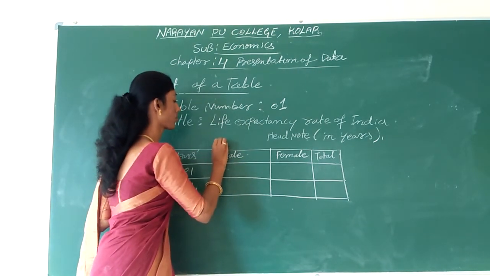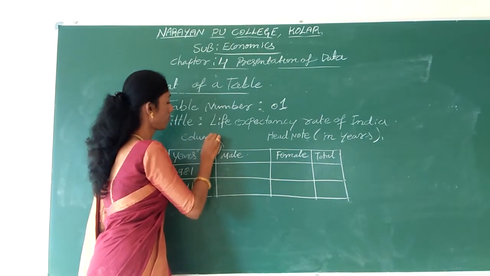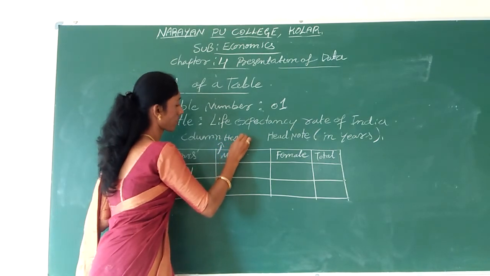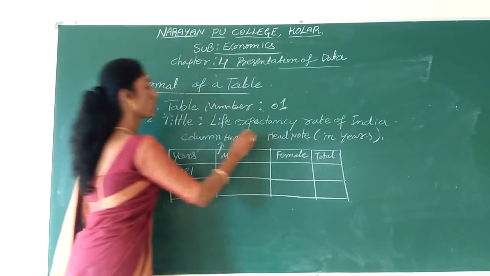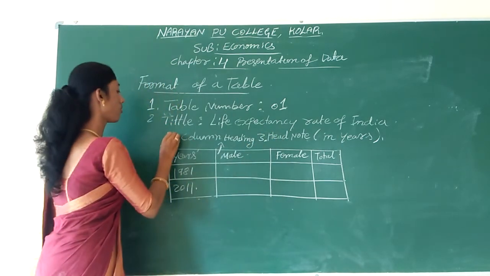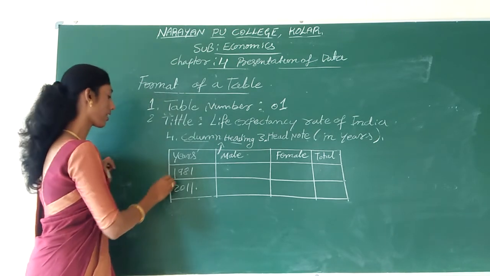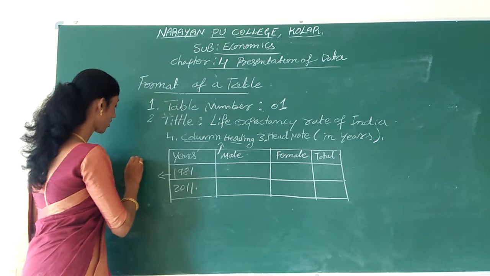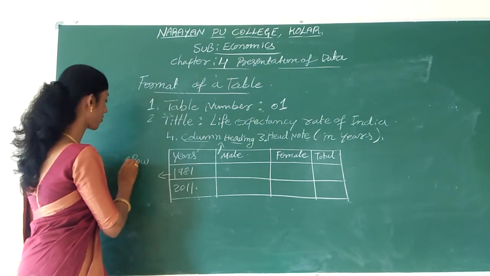This is the column heading. This is the first two and third, and fourth is the column heading or captions. And next, most important is the row. Next, the fifth part is